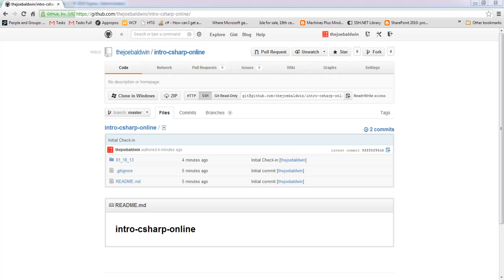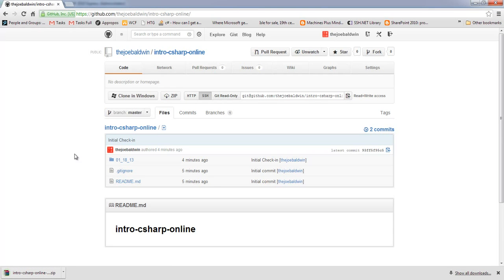Once you get to that link, it will take you to this page. This page here has a repository. That's how code is organized for the Intro to C# online class. If you go to the link in the middle of the page, you'll see that there's a zip, and if you were to click that, it will download all the code from class. Opening up the zip file